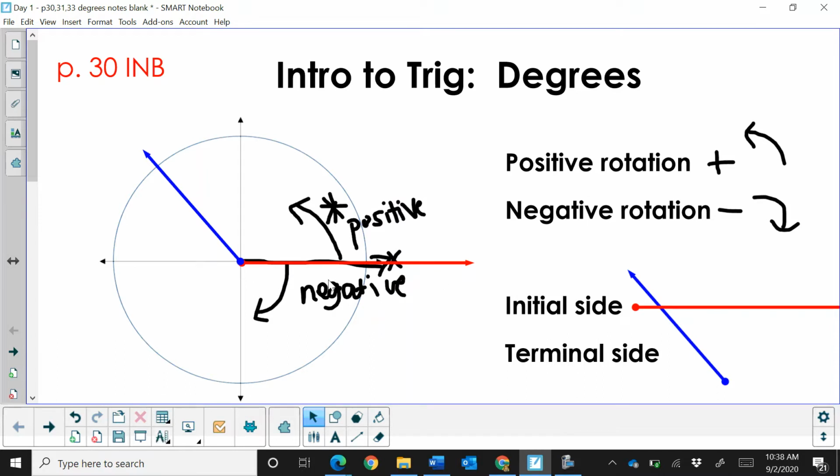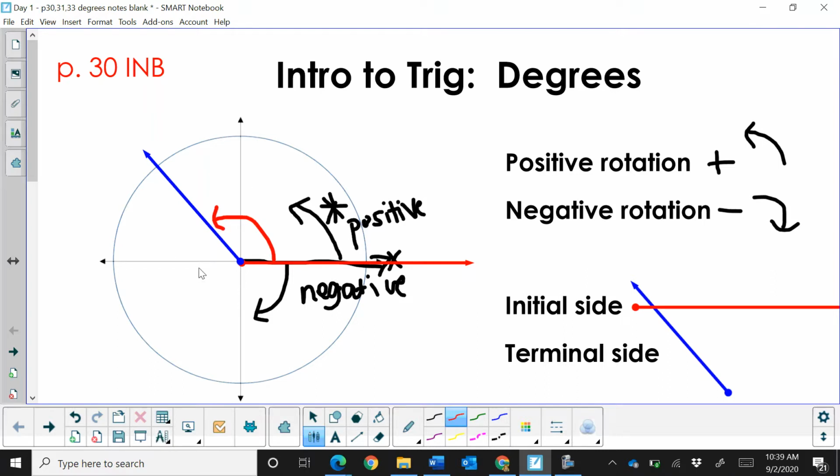So we have a positive rotation that's going counterclockwise, a negative rotation that's going clockwise, an initial side of an angle, which is always in the positive x direction, and the terminal side is where the angle ends. So in this case, I've got an angle drawn in, and we're going to talk about quadrants in a minute, quadrant 2. So let's label our quadrants. Okay, quadrant 1